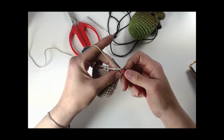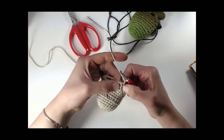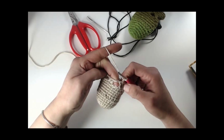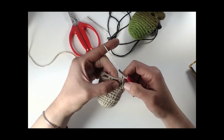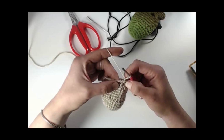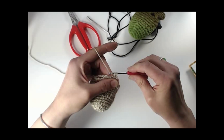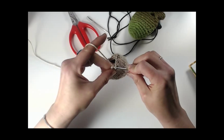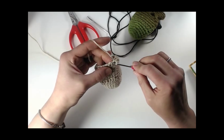So now what we're going to do is we're going to chain 1 and we're now going to single crochet in each stitch around for 3 rows, 3 rounds, joining each round with a slip stitch and doing a chain 1. Okay, so we've already gone into this one, so we're going to go into this stitch and we're going to do a single crochet, okay, and into the next one I'm going into the front loop only, single crochet, and then into this stitch,